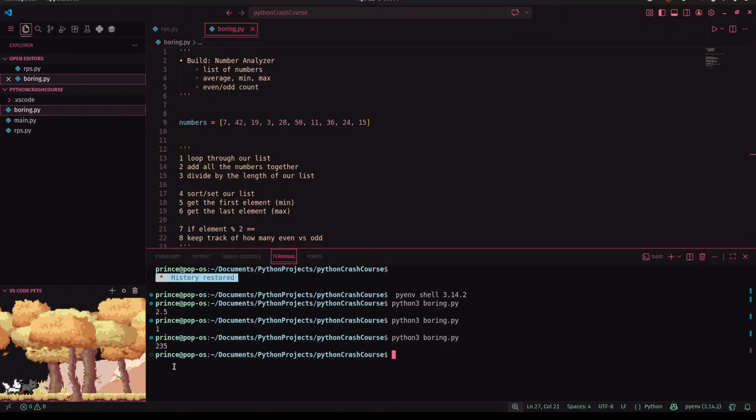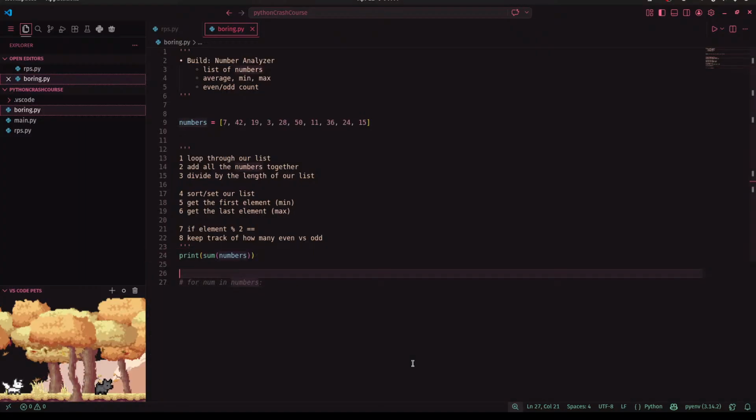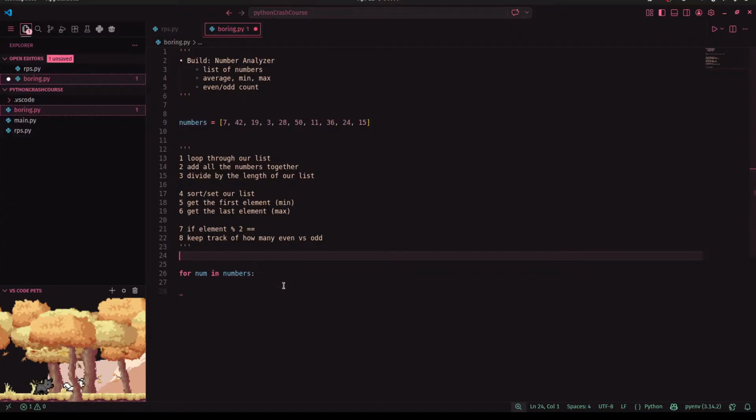Yeah. So it takes all of our numbers and it automatically just adds them together. That's cool. I'm going to do it manually for now,